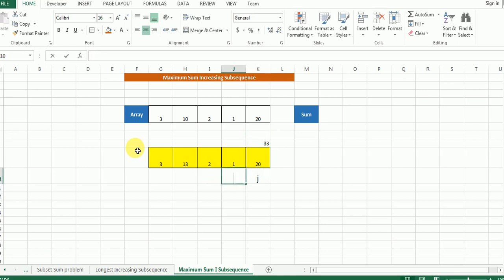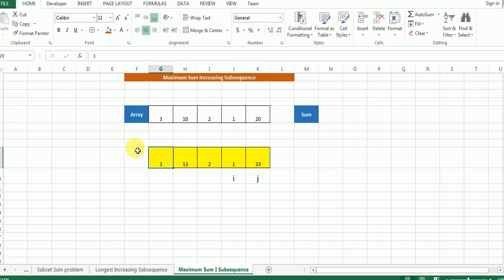Now the runner moves one step ahead. Now, is this one less than 20? Yes, it's less than 20. So this one is going to be added to this 20. So I get 21. Now as you can see, 21 is also less than 33. Hence it is of no significance right now and hence it gets omitted. And now both runner and marker have run their course. So this 33 becomes our official maximum value.